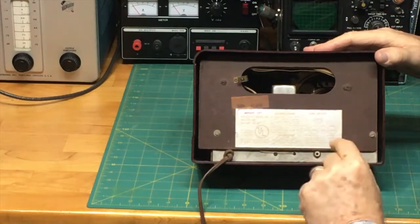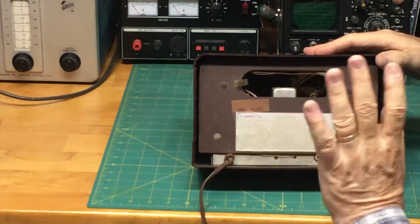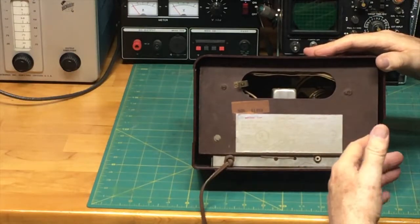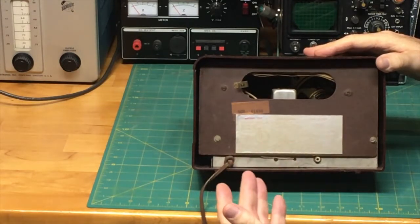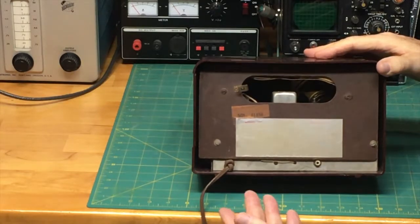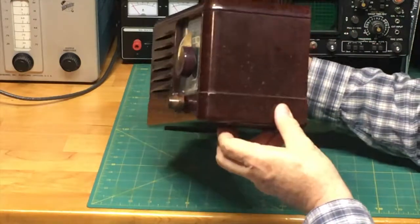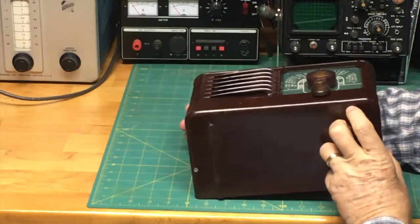It's possible that you could get shocked by touching that piece of metal. So we're not going to energize this until we look at the interior of the radio and make sure that it's safe, and check it out just generally. Okay, so with that in mind, I'm going to turn this over gently on the back, and you'll see that